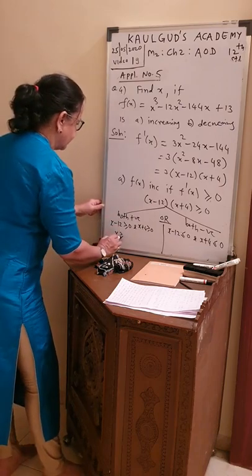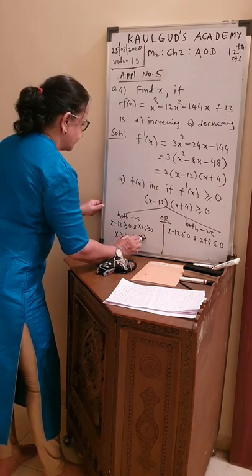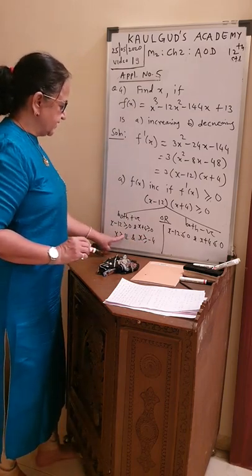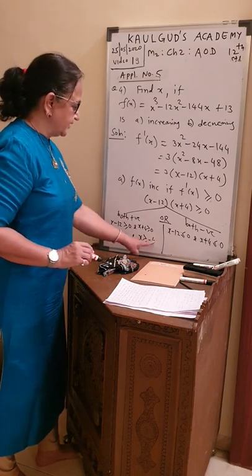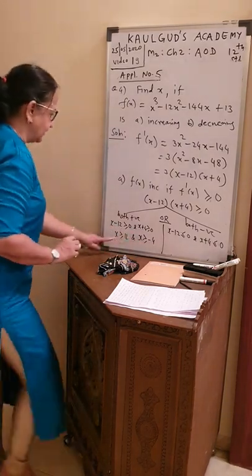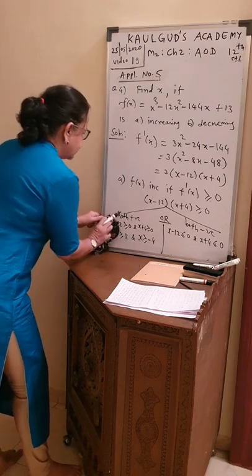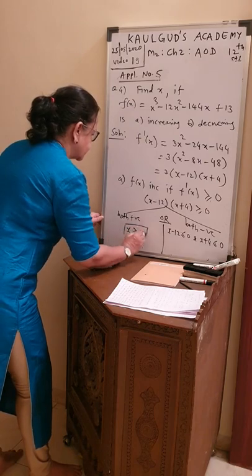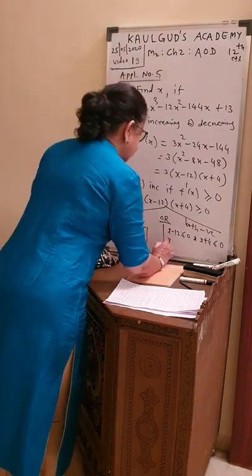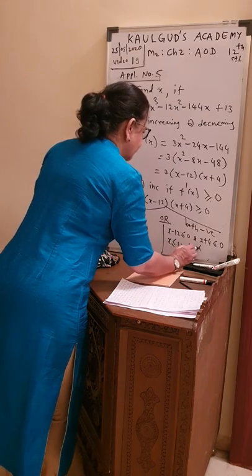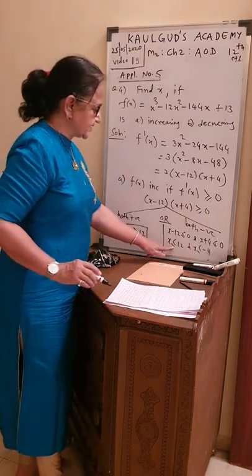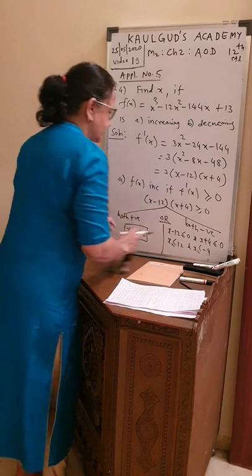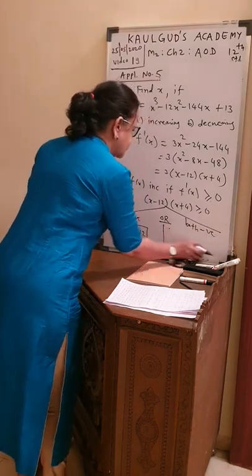So x greater than or equal to 12 and x greater than or equal to minus 4. Both are greater than. So sign is greater, then take the greater number. 12 and minus 4, which is bigger, 12. So common answer for this is x greater than or equal to 12. These are the common values. Here, x less than or equal to 12 and x less than or equal to minus 4. Now sign is less than. So between 12 and minus 4, take the smaller number, which is minus 4. So common solution for these two will be less than or equal to minus 4.